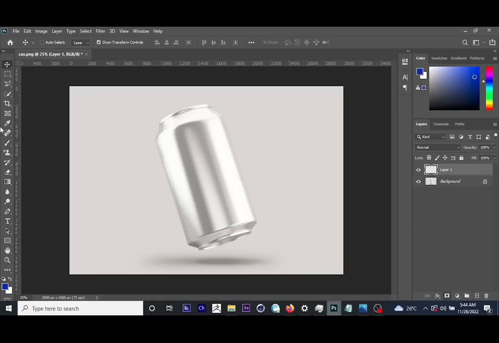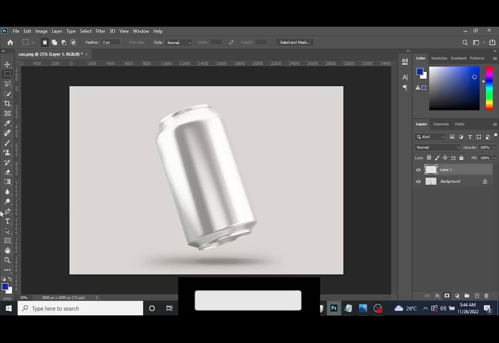What we need to do here is you can go in for your rectangular marquee tool and draw a border, and then fill it with a color by pressing Alt Backspace, or you can simply go to your